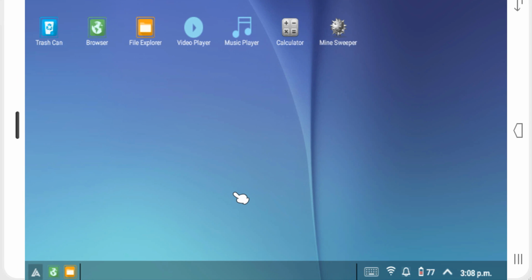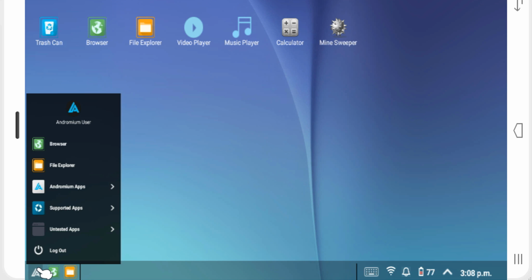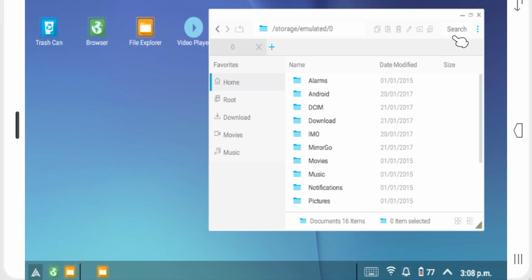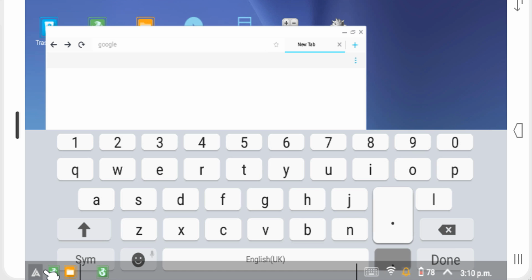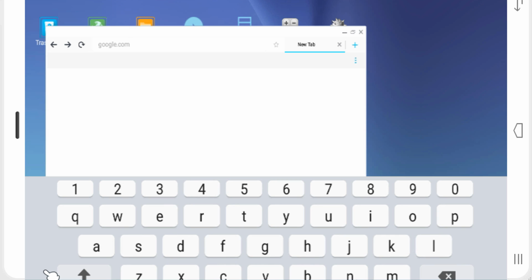That's it. Now you can enjoy a fully functional computer by attaching your device to a TV, monitor, keyboard and mouse. So this is all about how to turn your Android device into a fully functional computer. Hope you like this. Share it with your friends. Leave a comment below if you are facing any issue at any step.